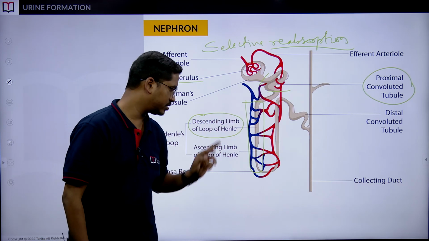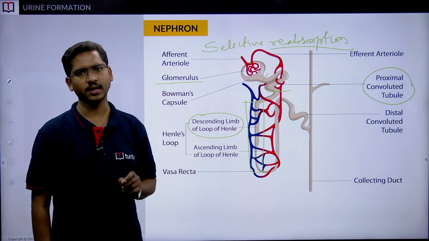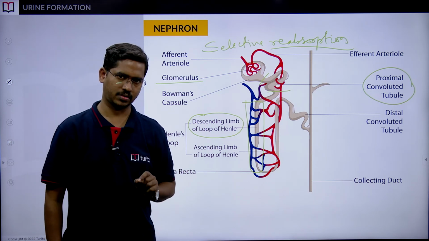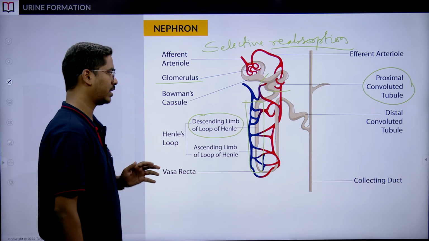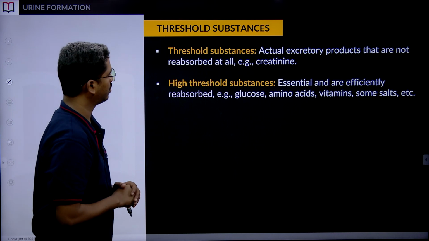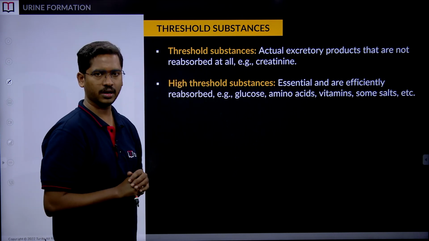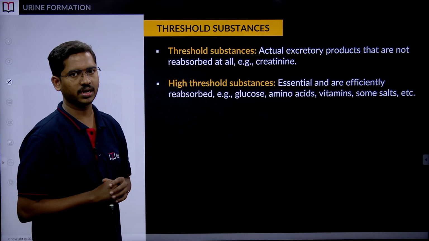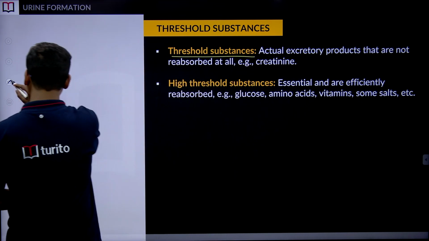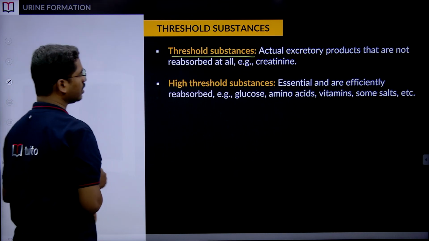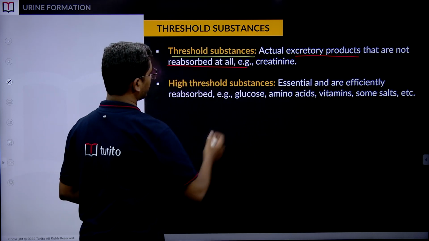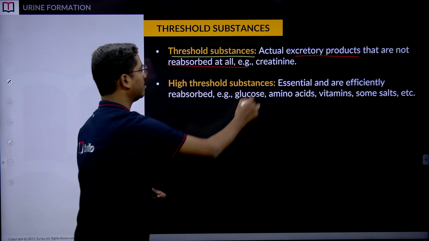Now, inside these structures, that is where we will see the formation of the high threshold substances and low threshold substances. Now, we will look into understanding what exactly these high threshold and low threshold substances are. Threshold substances are the actual excretory substances, that is for our understanding. These threshold substances are actually excreted products that are not reabsorbed at all. One such example is creatinine,